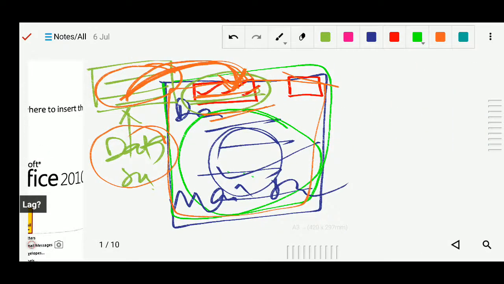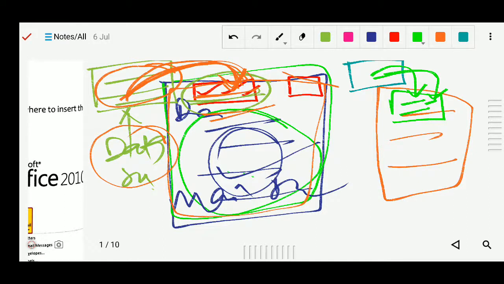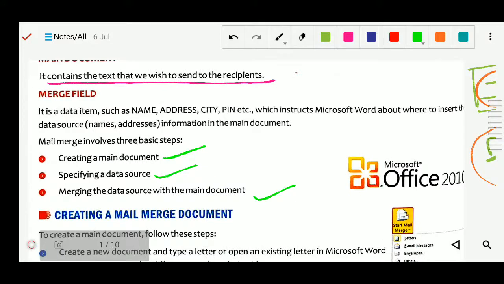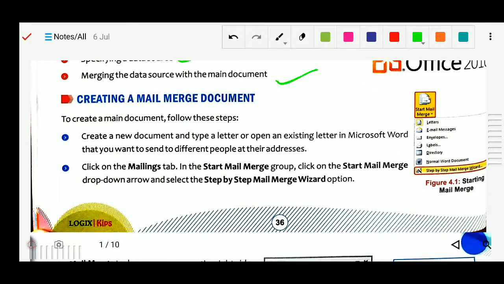We have to create one main document and one data source, and from this data source we will merge the addresses of the people here, and this merging process will be done. Got it? Okay.